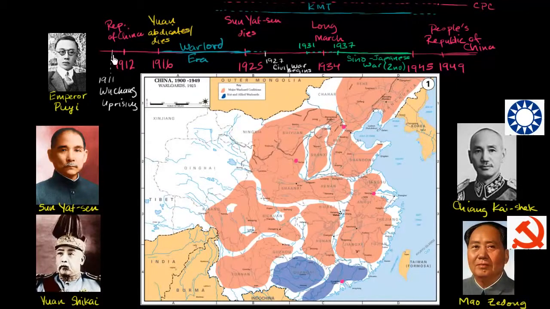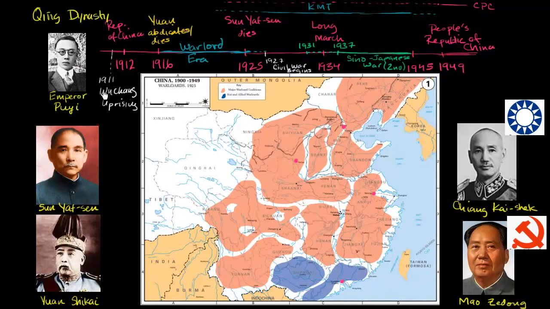So as we go into the early 1900s, you have the end of imperial dynastic rule in China. This is a big deal. China has been ruled by various dynasties for multiple thousands of years. But as you get into the 1900s, the dynastic rule, in particular the Qing dynasty, was getting weaker and weaker. It had suffered at the hands of the Japanese during the first Sino-Japanese War at the end of the 1800s. There was growing discontent amongst the opposition that the emperors were not modernizing China